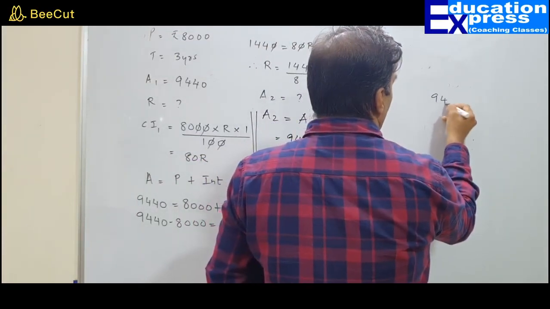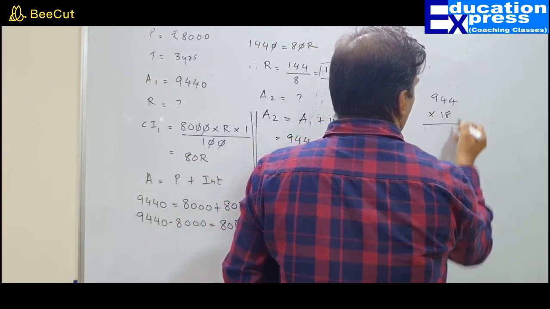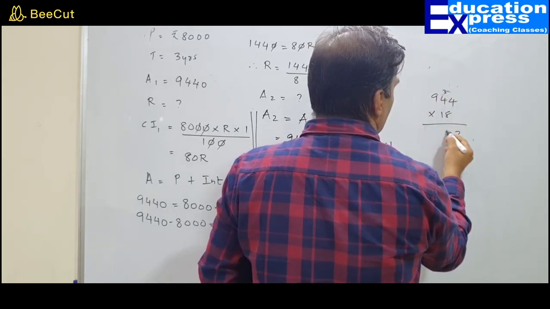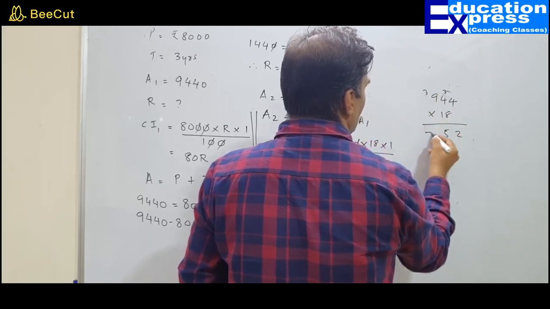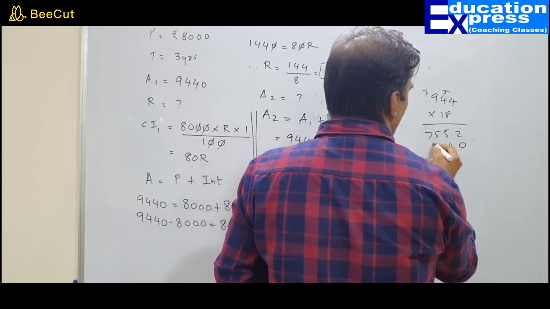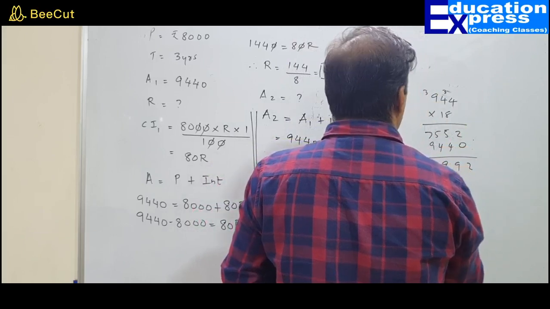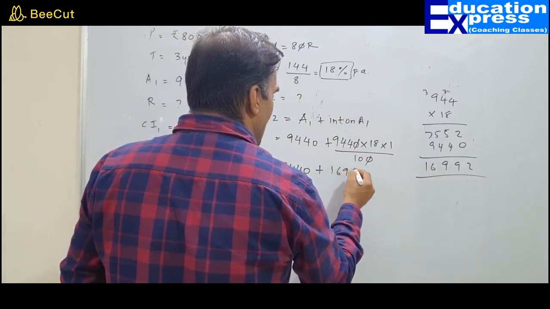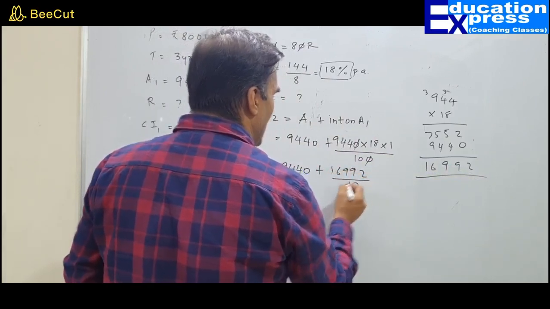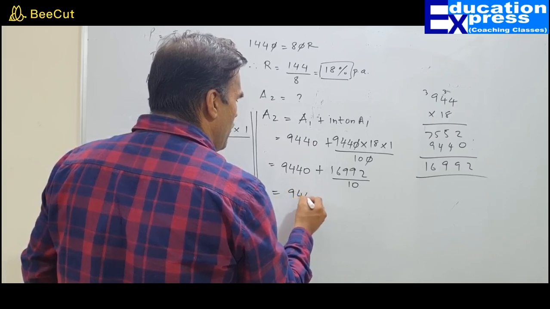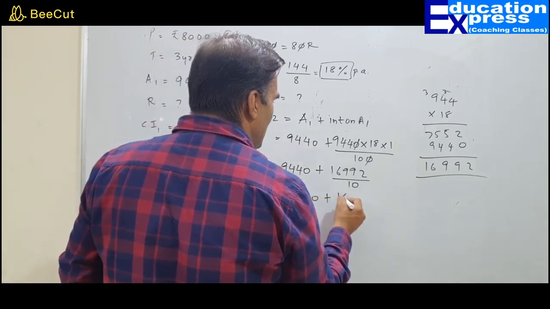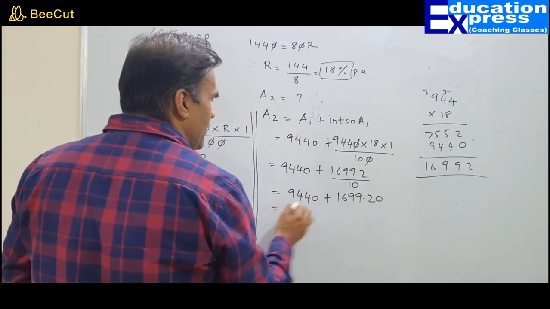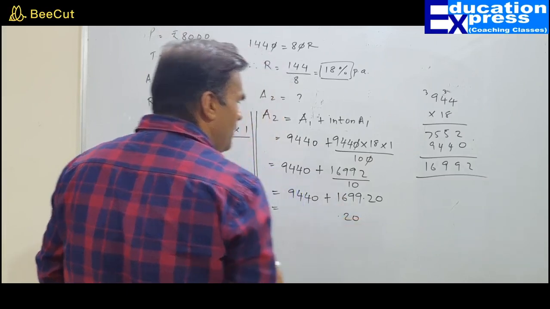So 944 multiplied by 18: 32, 3 will go up, 32, 35, 5, 3, 72, 75, 0, 4, 4, 9, 2, 9, 9 and 16. So it will be 16992 upon 10. That would be 9440 plus 1699.20. So my dear friends, if you add them up, what will be the amount at the end of second